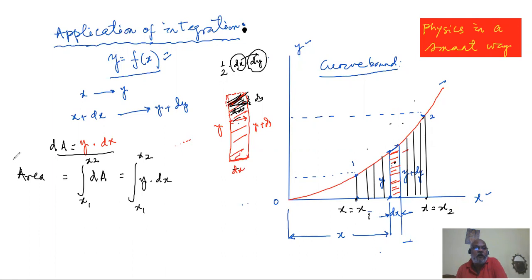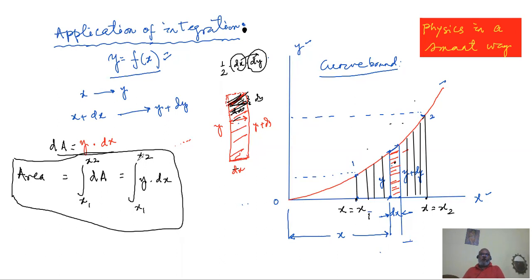So the area under a curve can be found out. Now you have got hold of the formula, that is with the help of integration, integration of y dx or integration of dA with certain limits, because you will be interested in certain areas, not the value of x from minus infinity to plus infinity, as you know. So that is the way of integration. And this area can give you many physical quantities, just like I have said.